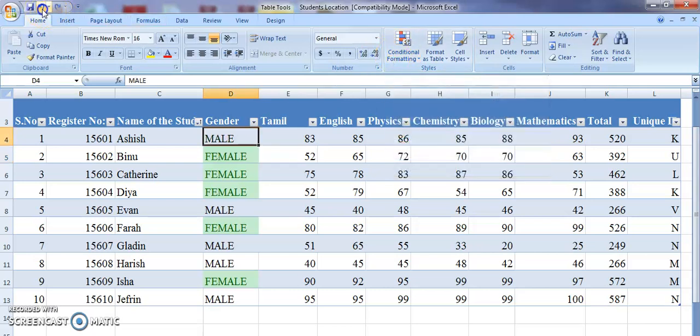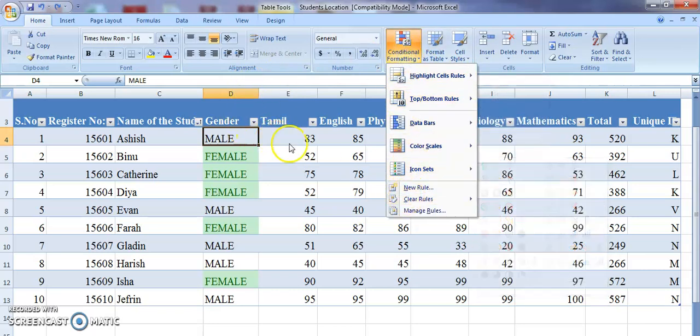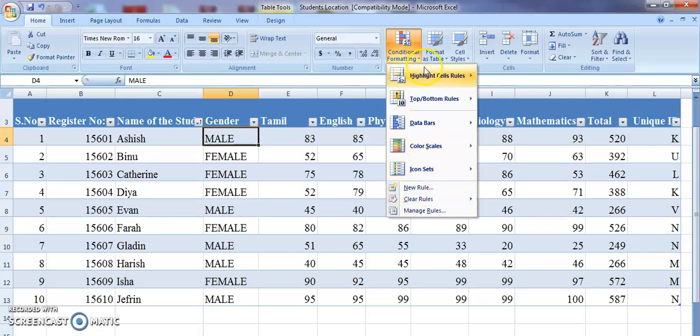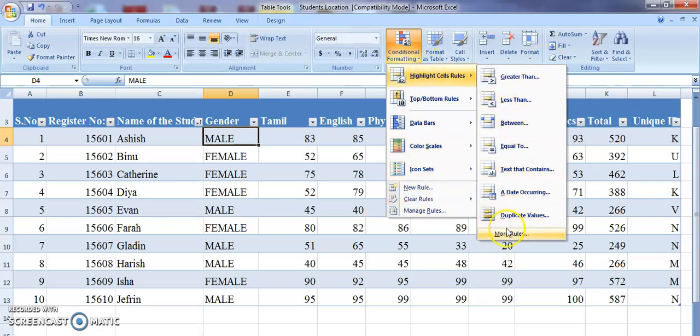Okay, so that is what conditional formatting is. I am going to clear the rules from the selected cells. I am going to clear it from this particular table. So the whole table, there is no format applied now. Now the one more thing which I would like to share with you is, not only with numerical data or text data, you can also perform conditional formatting using date. If a column consists of dates, or even if a column consists of duplicate values, you can do it. You can also assign more rules. About advanced conditional formatting we will discuss in the next video.